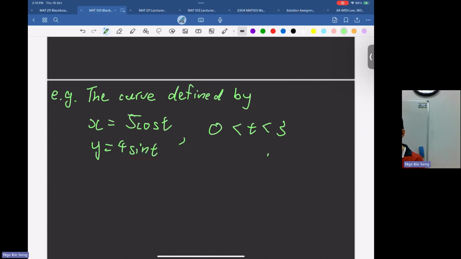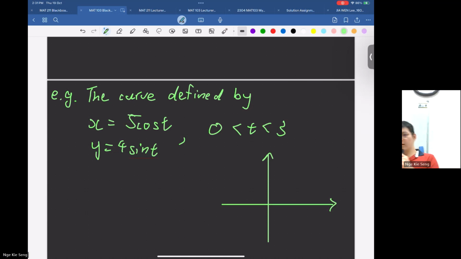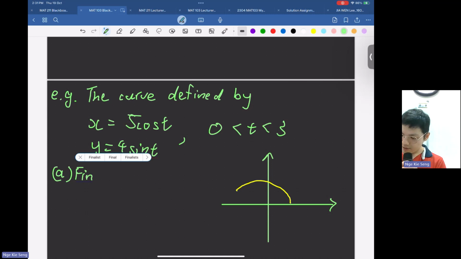So how does this picture look? It is not quite a circle, something that deviates a little from a circle, maybe something like this. Just a sketch. Okay, so the first thing we do is find dy/dx